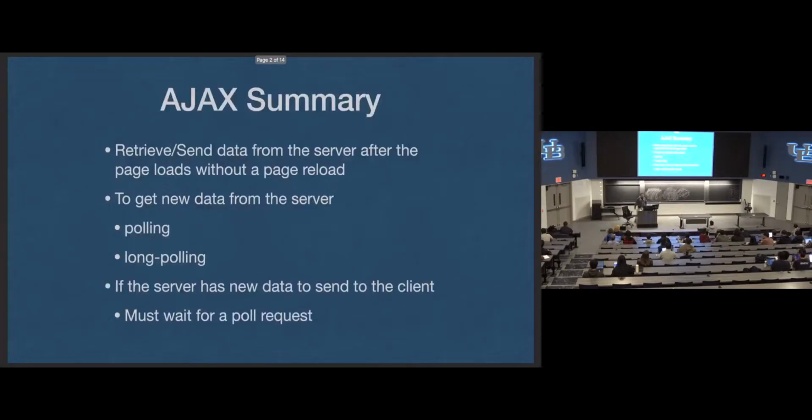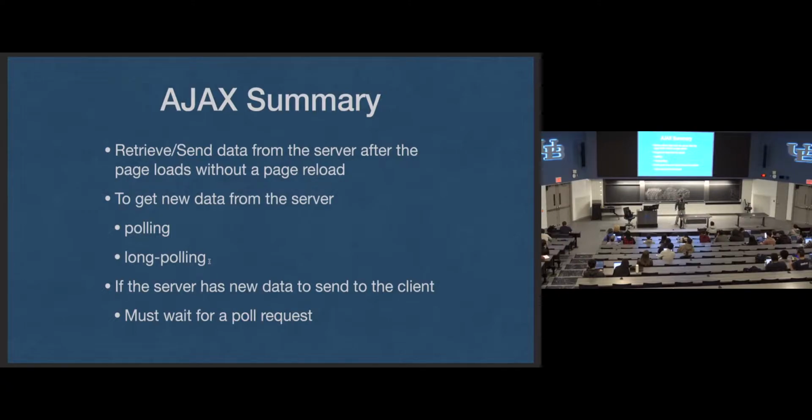All right. So last time we talked about Ajax real quick, and said that this was a way to be able to have the server send information to the client. We saw Ajax is going to be a request that is sent after the page loads. We have some JavaScript that's going to send a request to the server. We get a response and then process that information, render it to the page, whatever we're going to do with it. And then we started using polling, and we talked about polling and long polling to get ways to get continuous information from the server.